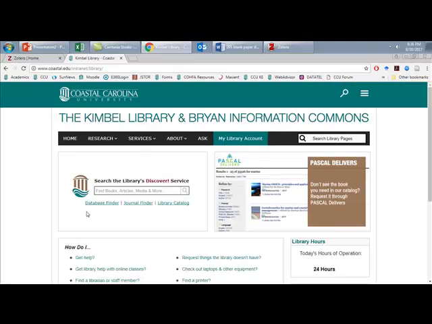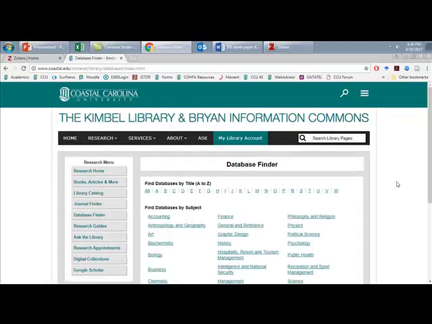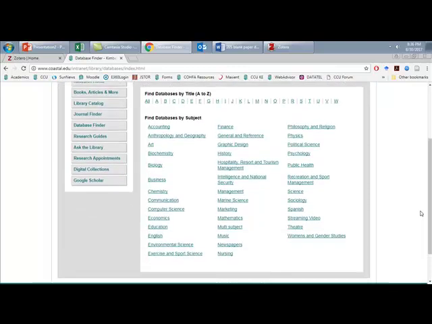From the library's page, right here on front, we have options. We can search the library's catalog, but I want to give you some advice in going straight to looking for journal articles. I'm going to click on Database Finder. Now, if you haven't done this before, you can look by subject. So I'm a political scientist. Let's see, do they have it? Yep, here's political science, here's public health, here's communications, here's theater,